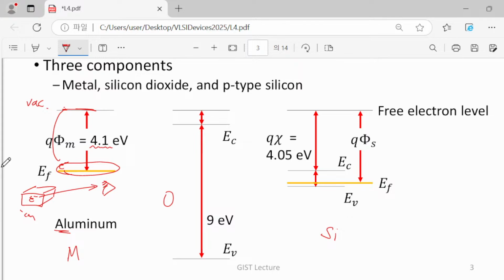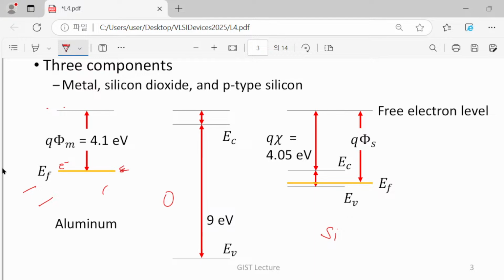If we put it here, simply speaking, this is a vacuum electron, and this vacuum level means that our electrons are no longer bound to the crystal structure of our metal. The same can happen to our silicon. Here we have silicon, however, in this case the discussion becomes a little more complicated, because